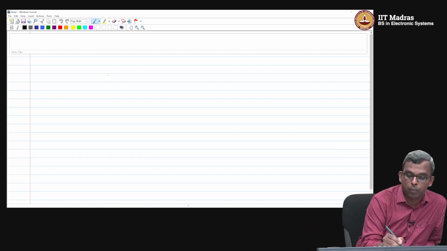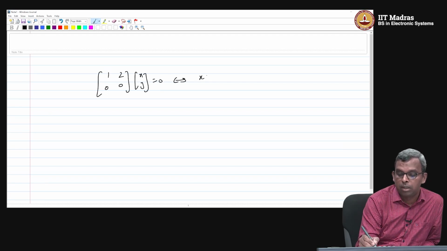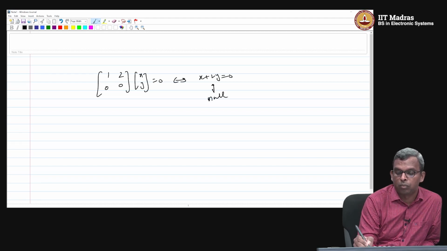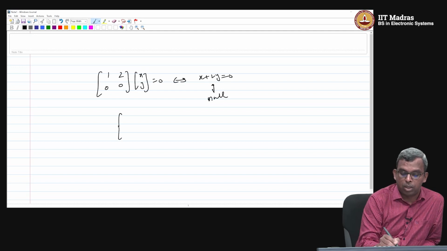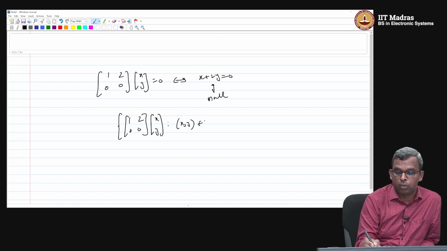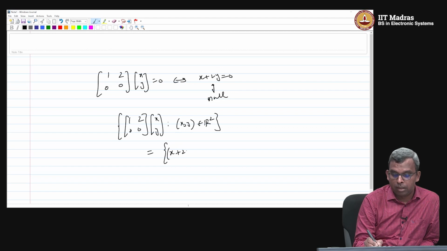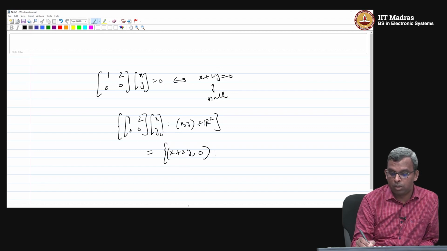So how do you think of the null space here? I'm doing 1, 2, 0, 0 times (x, y) equals 0. So this is equivalent to x plus 2y equals 0, and this is the null, okay. The range is, what is the range? Range is 1, 2, 0, 0 times (x, y) for all (x, y) in R2, okay. That is the same as the set of all (x plus 2y, 0) for all (x, y) in R2,